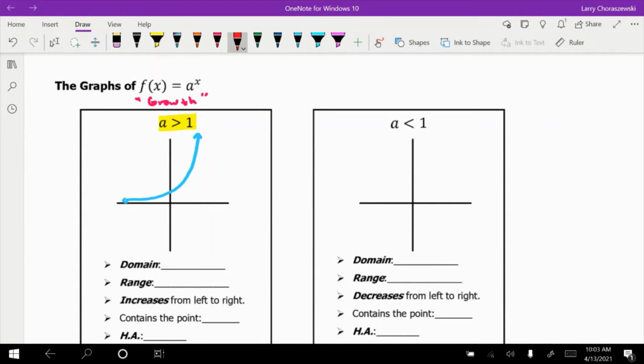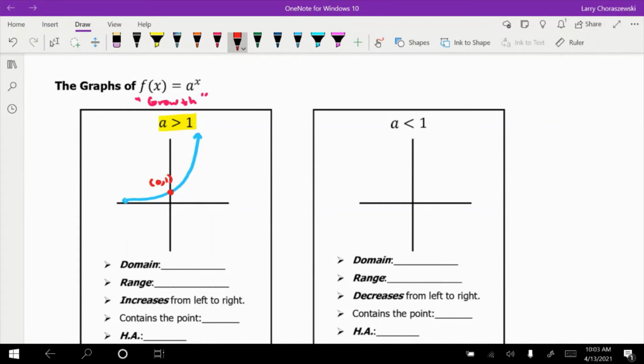The y-intercept, or the spot where this graph crosses the y-axis, is going to be at (0, 1). And I think somebody mentioned in the chat that all the graphs on page 1 had the point (0, 1) in common. That is a fantastic observation, because provided there are no transformations, that will always be the case, regardless of what your base is. So if a is greater than 1, it goes through (0, 1). And we'll see in just a minute or two that when a is less than 1, it also goes through